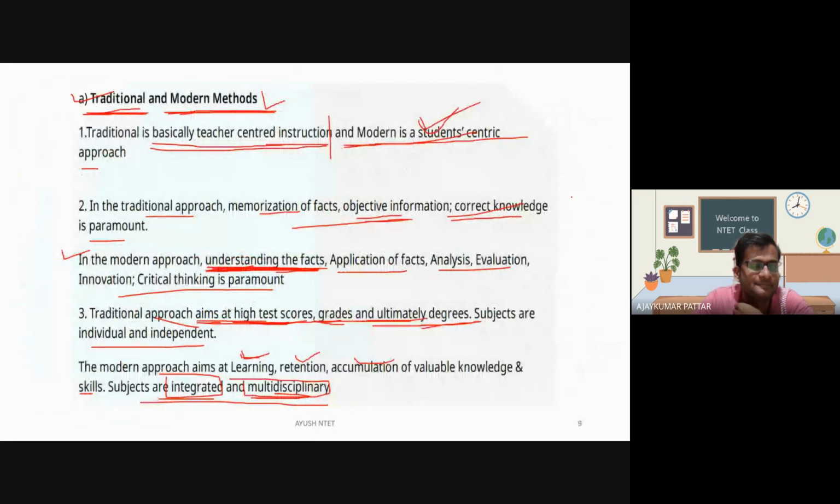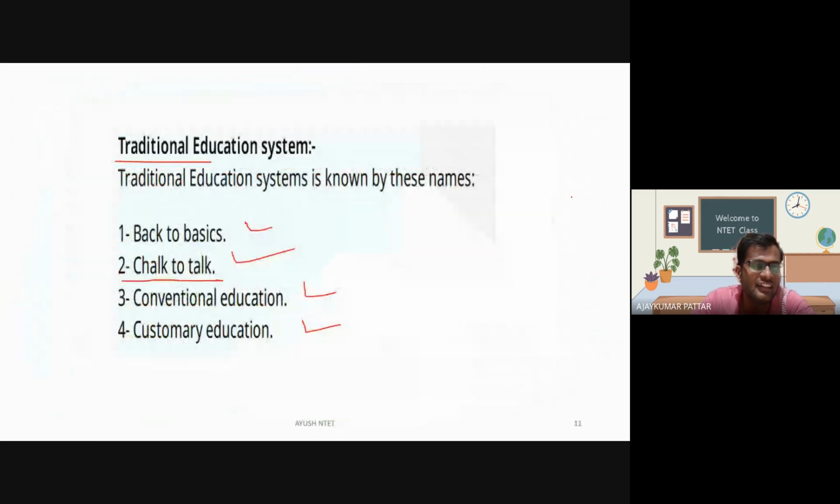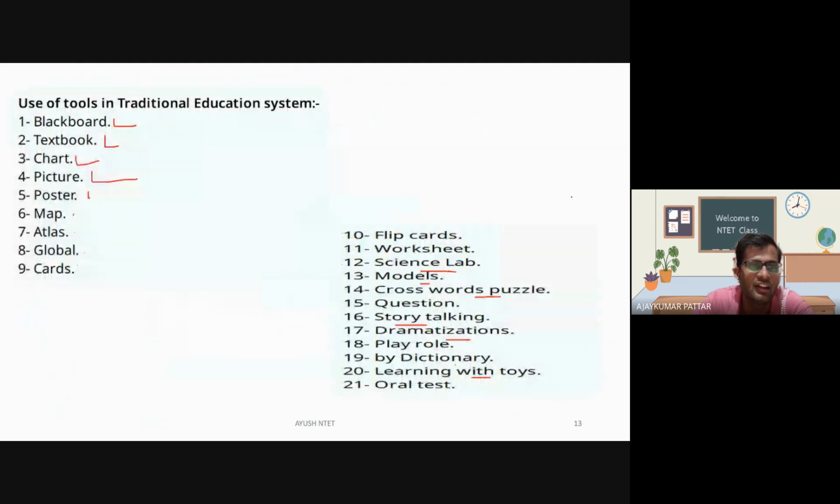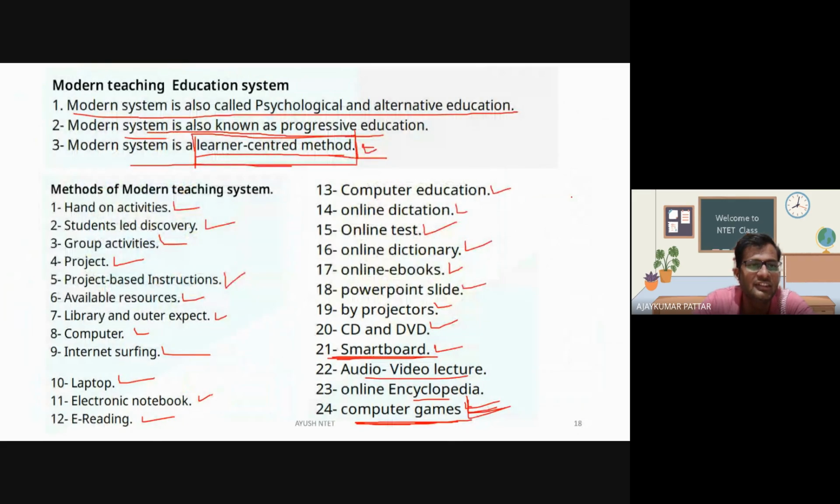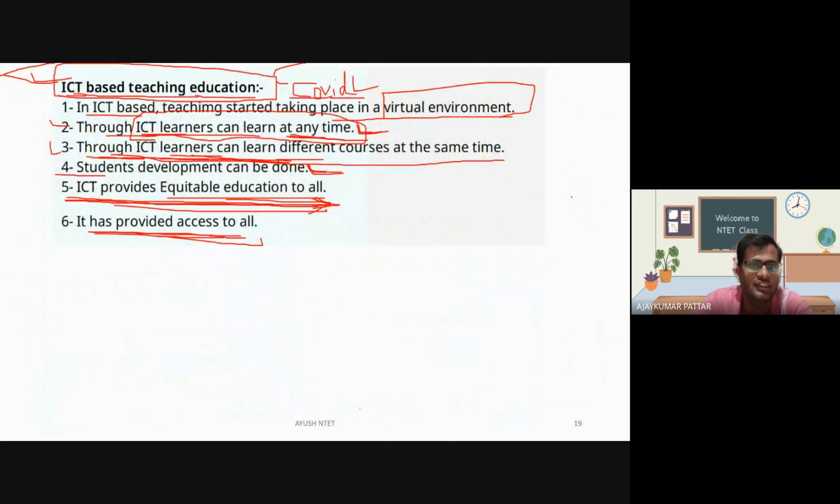So these are the specific points in this NCISM syllabus: traditional education system, modern educational system, and ICT based education system or education method. These points are covered here. In the next class we will learn about evaluation, one of the most important concepts. So before that,